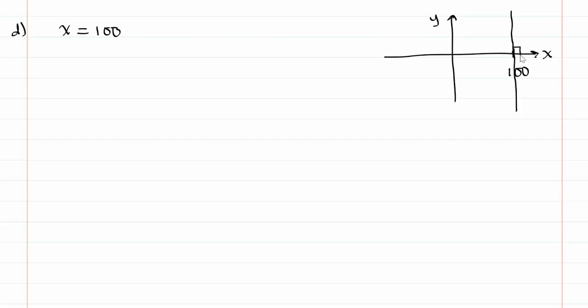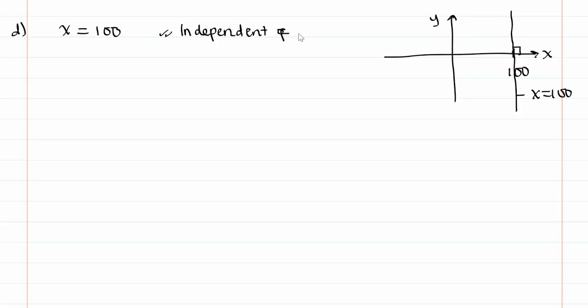So clearly it is perpendicular to the x-axis and is parallel to the y-axis, or does not meet the y-axis. So we can see clearly that the line is independent